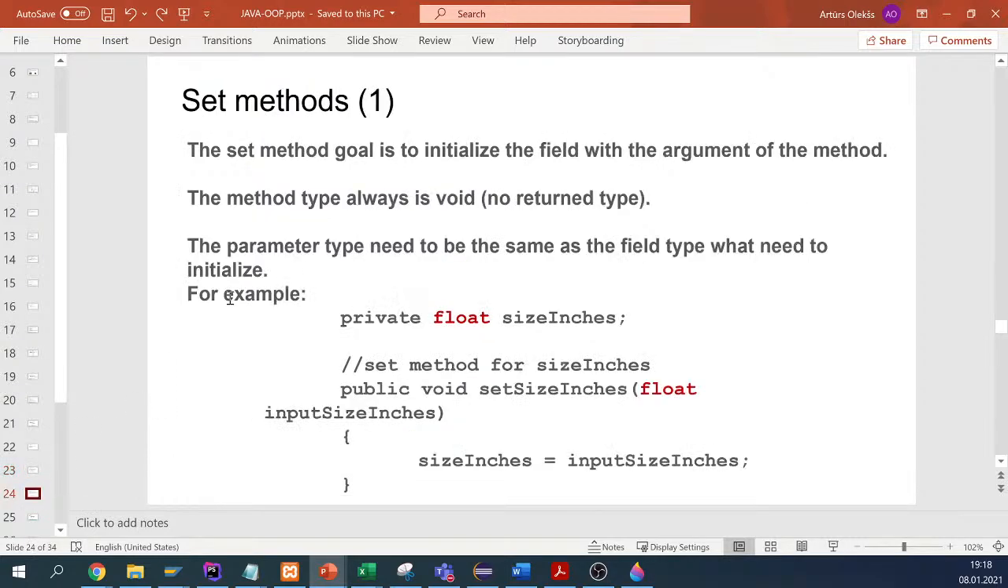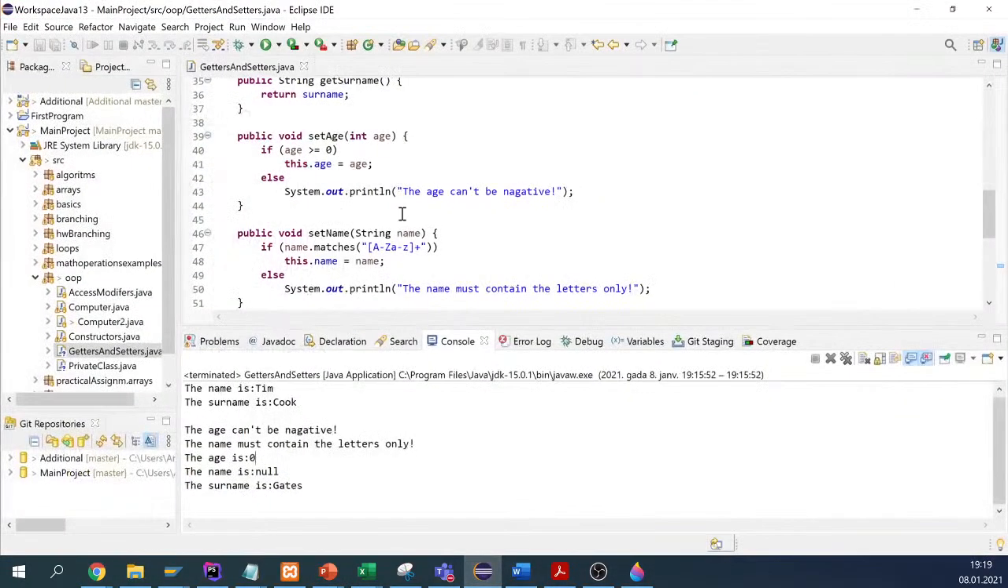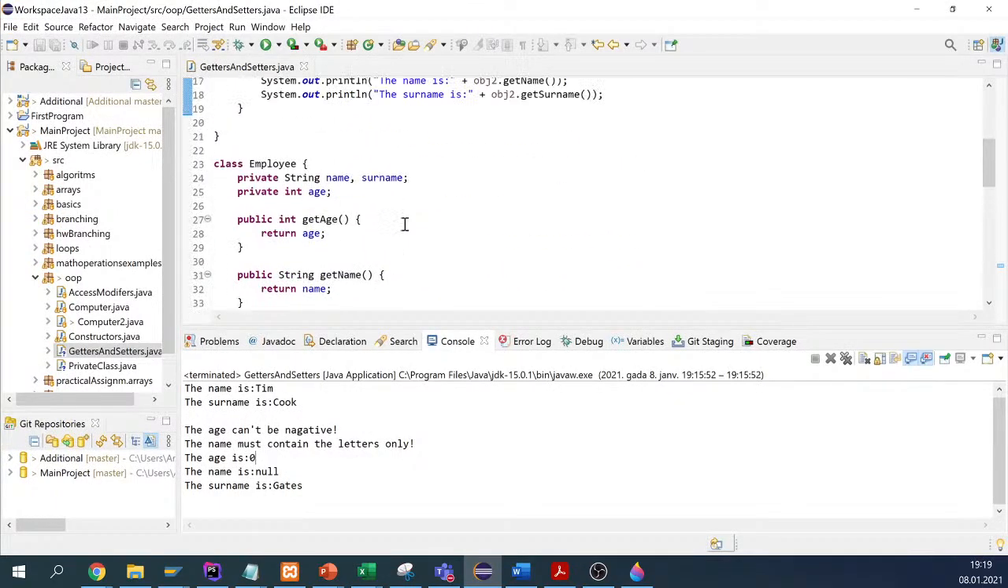Set methods are also the same. To initialize the field with the argument or to change the field, it's always void, as I just mentioned, no returning type, because for setters there's nothing to return. Of course, if you have some exit codes, just like checking if the value is set, sometimes we also have such setters, like for example,